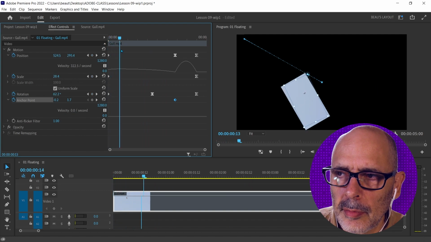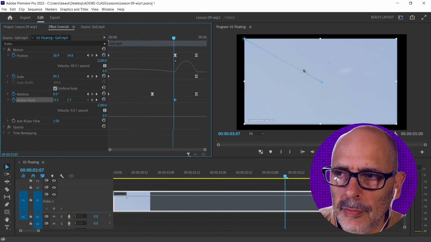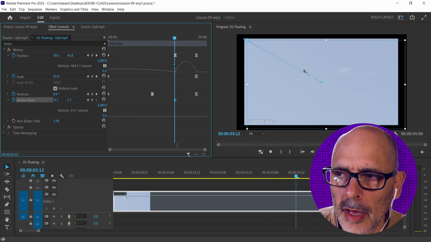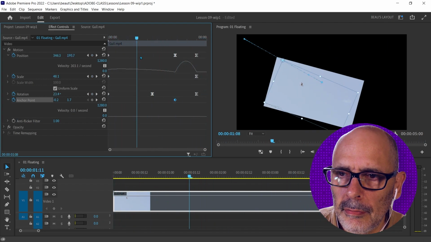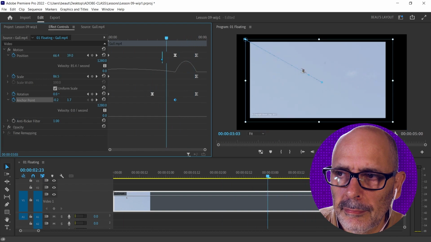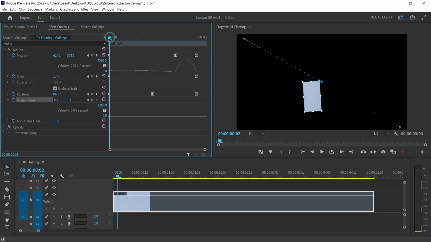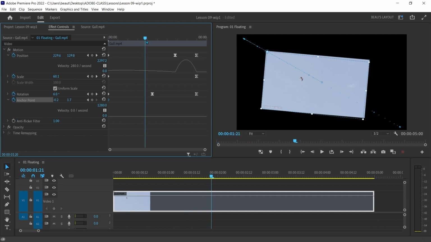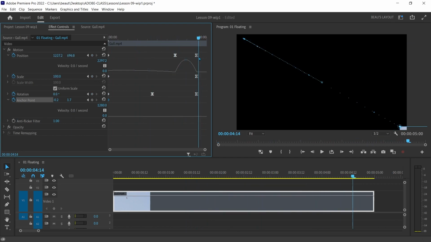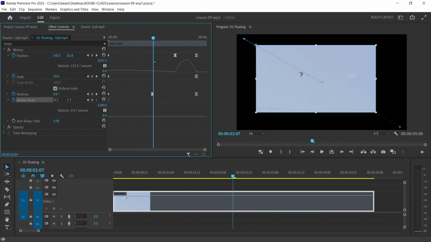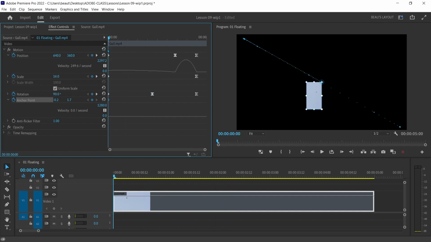So I still have the same rotation effect. I still have the same zoom effect, but instead it pushes it off the screen like this. So we have this little animation that we created with keyframes,